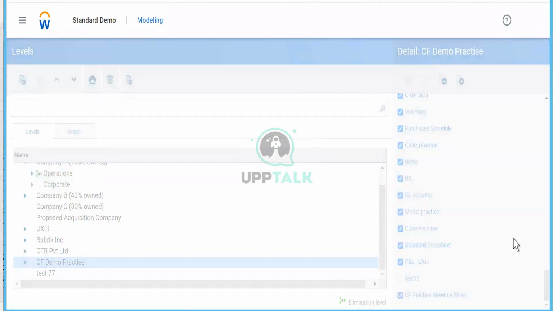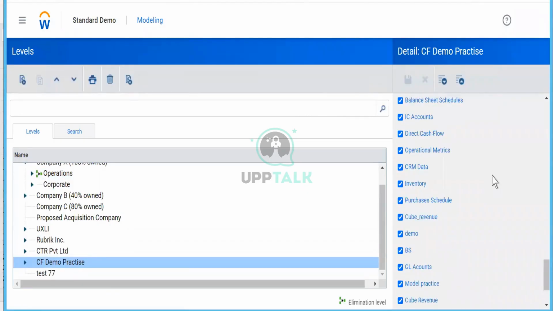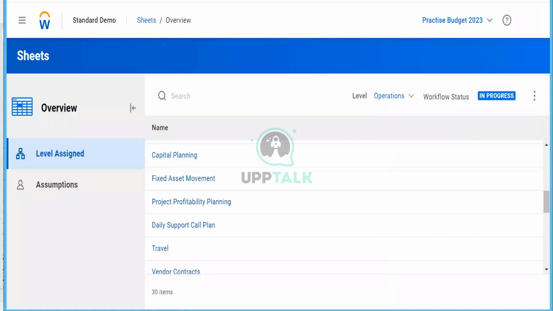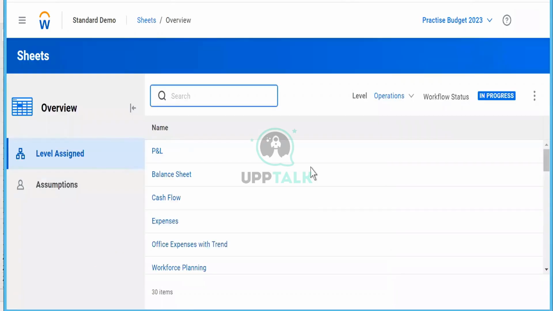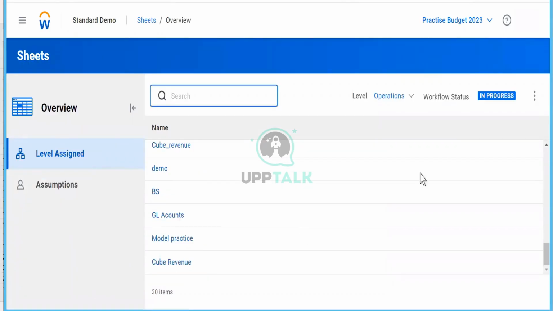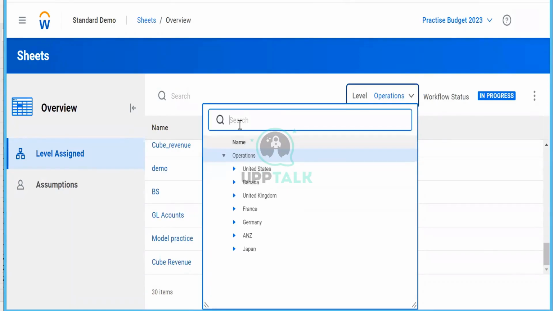Demo practice. It's visible in this sheet which we have built. I think it should be there. Let's just refresh levels. Why am I not able to change our version on this page?